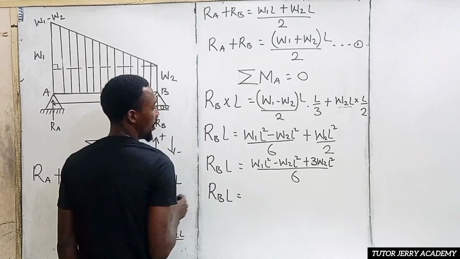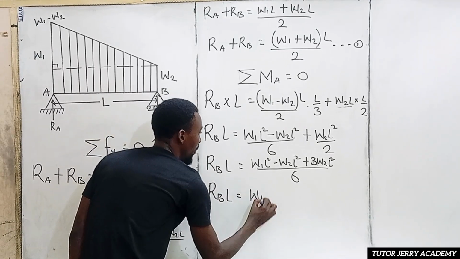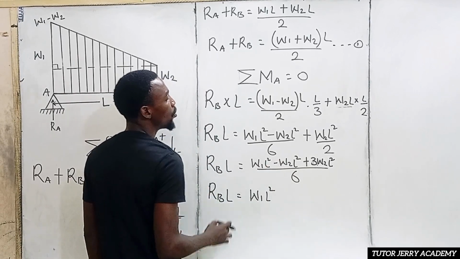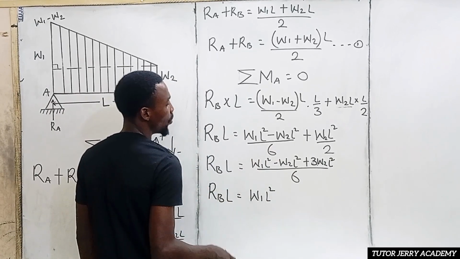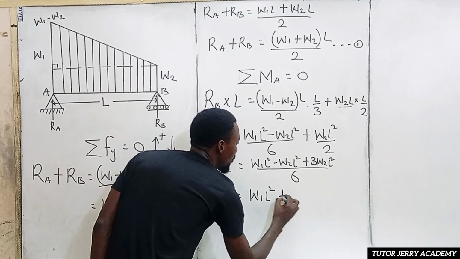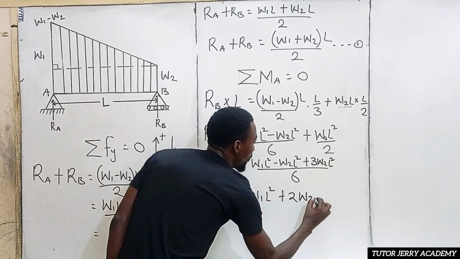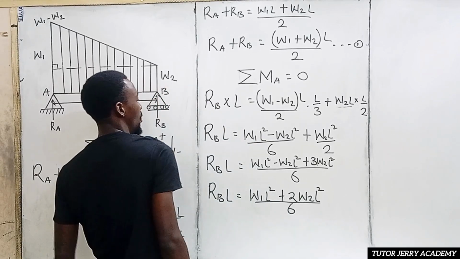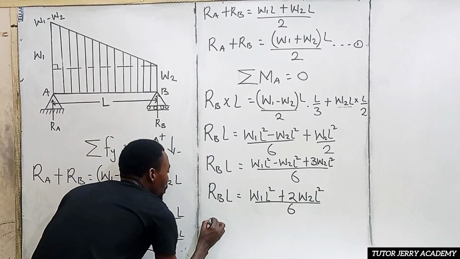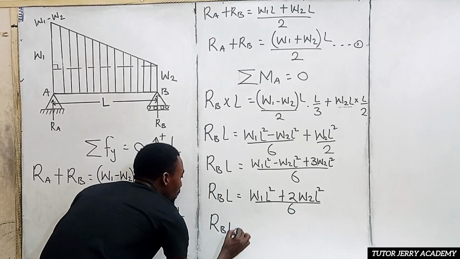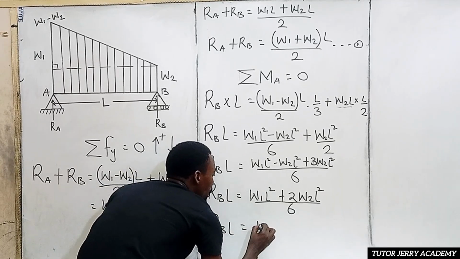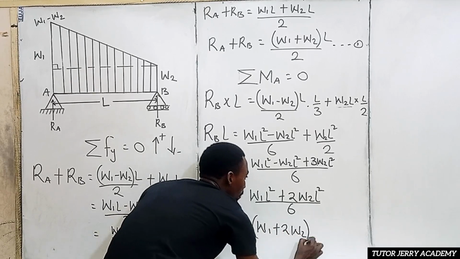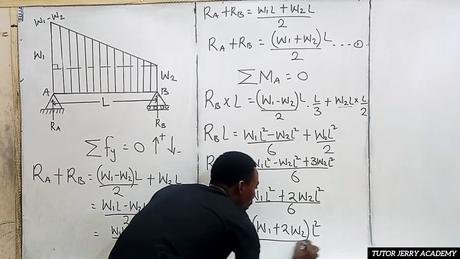equals to W1 L square, then minus W2 L square plus 3W2 L square. That's going to give us positive 2W2 L square all over 6. All right. So if we factor out L square from there, we are going to have R subscript B L to be equals to W1 plus 2W2 into L square all over